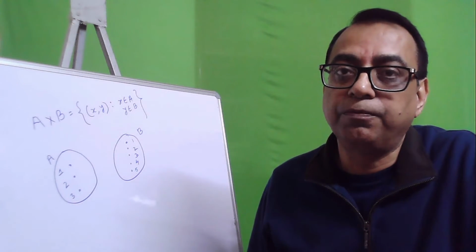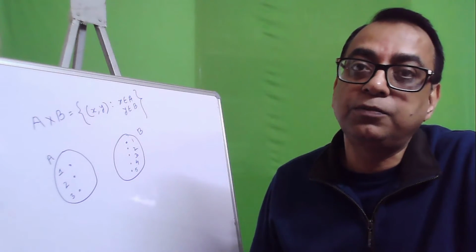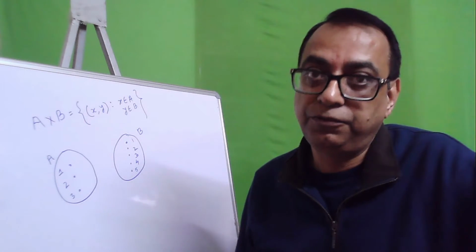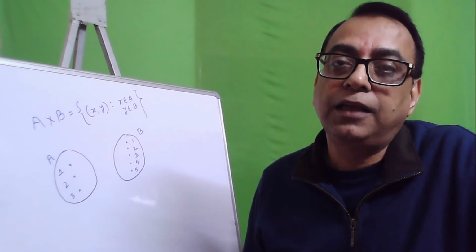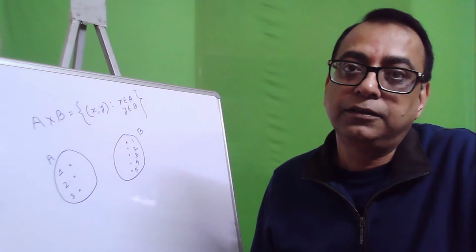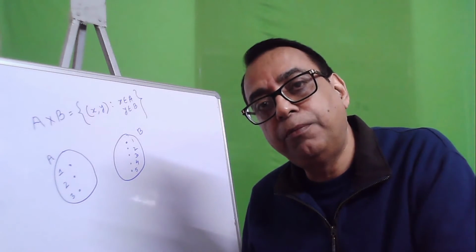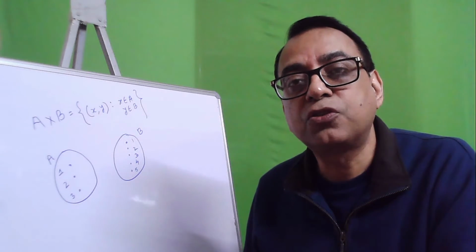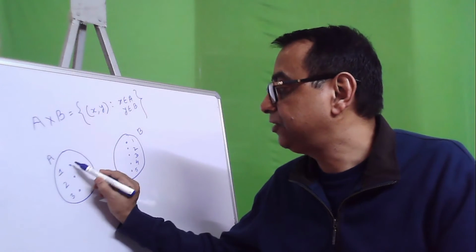2, 3, 4, 5. Now as per this Cartesian product formula, there is possibility of total 3 into 5, 15 ordered pairs. 15 ordered pairs are possible, right? But let me define that the elements of A will have relationship with elements in B such that elements of B is equal to the square of elements of A. And then we call it a relationship.